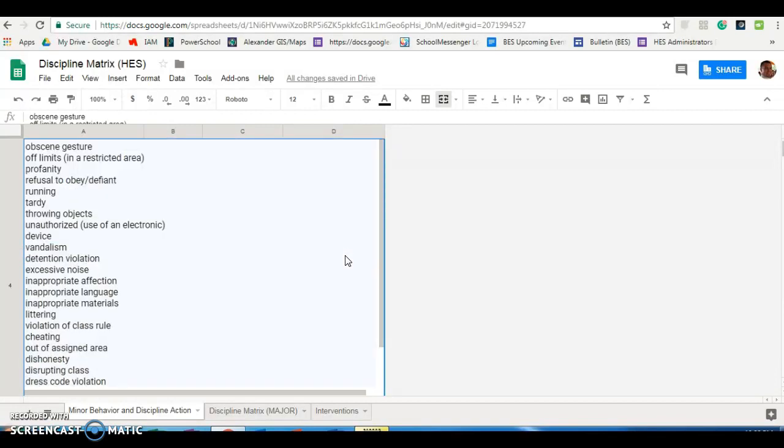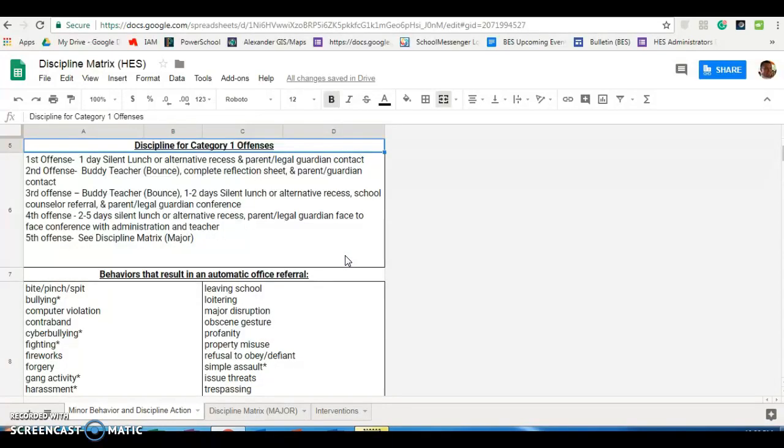A PBIS level is a way to document minor offenses for students in your classroom before they get to a major offense. So for this situation here, 4 minor offenses, actually 5 minor PBIS levels would then result in an office referral. As you give these PBIS levels, we do ask that you follow the consequences for each level, just so that we can be consistent with that.